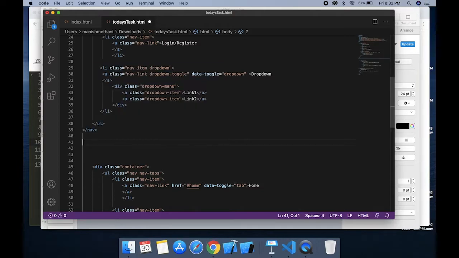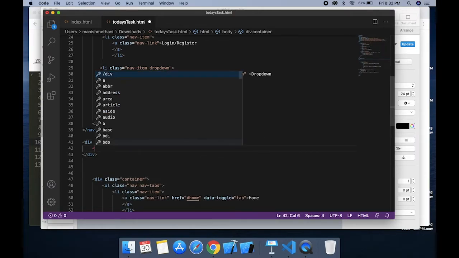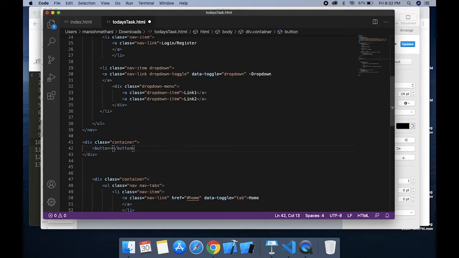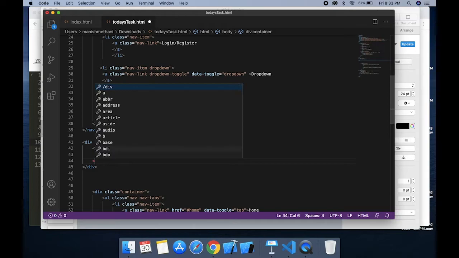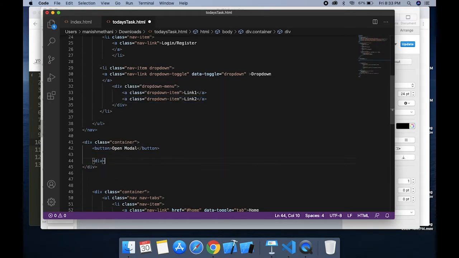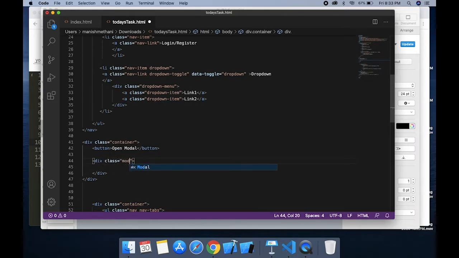Now I will take the container class here, container class, adding the button here, like modal, open modal here. Okay, and taking the div class as modal.